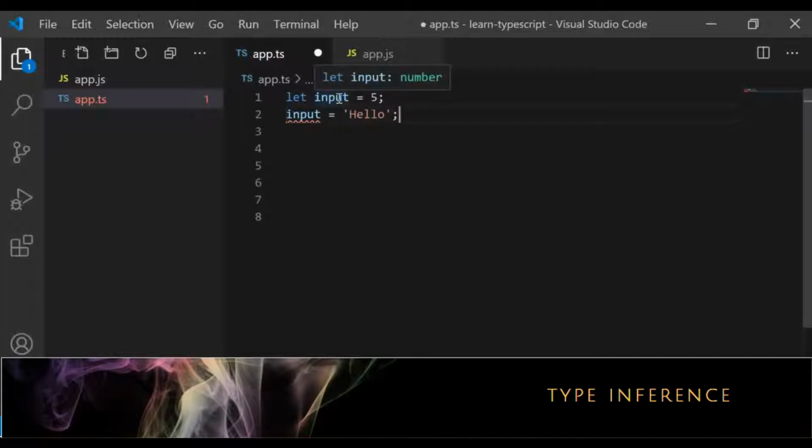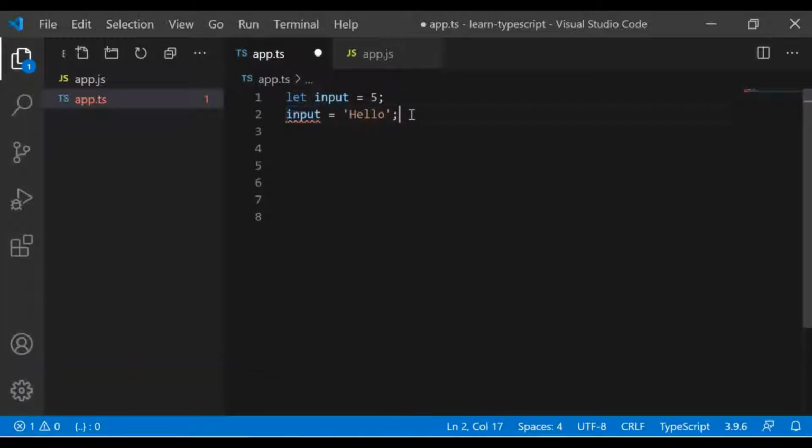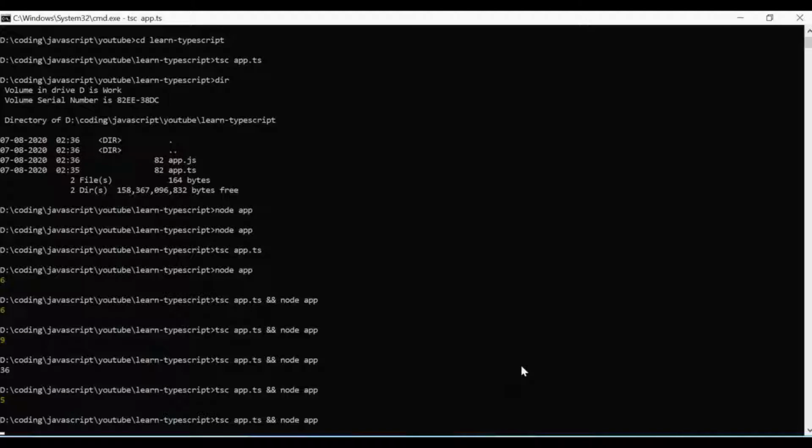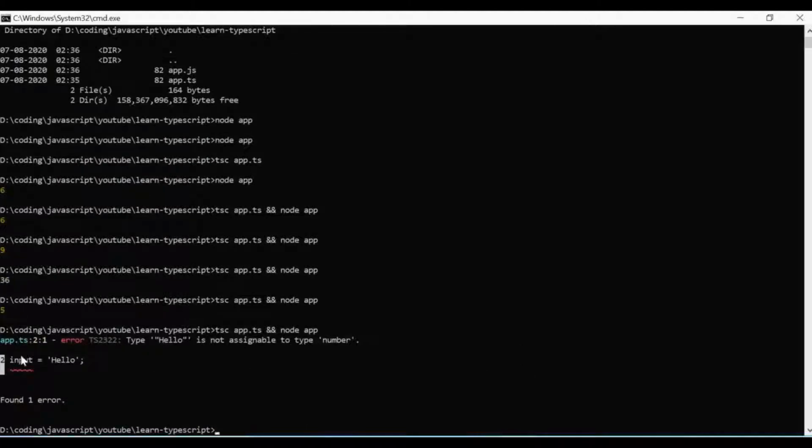So the moment you are assigning this value, it gets to know, see what it is showing, it is a number. So this is called type inference. TypeScript's intelligence automatically understands what the type of this variable is. So going forward, the moment you try to assign a different value, it will complain. But still we can save this and compile this code, and it will create it.